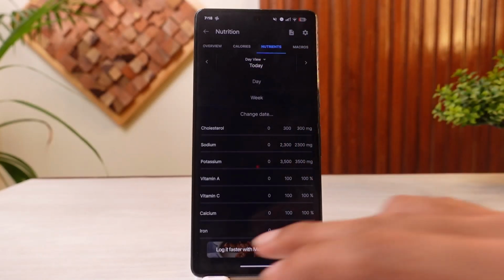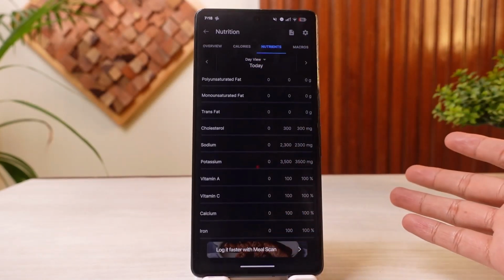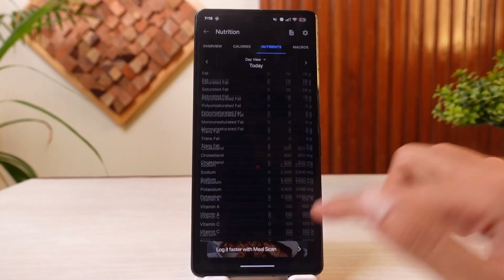And you can also customize the dashboard focus, which is a premium feature you can access only if you have subscribed